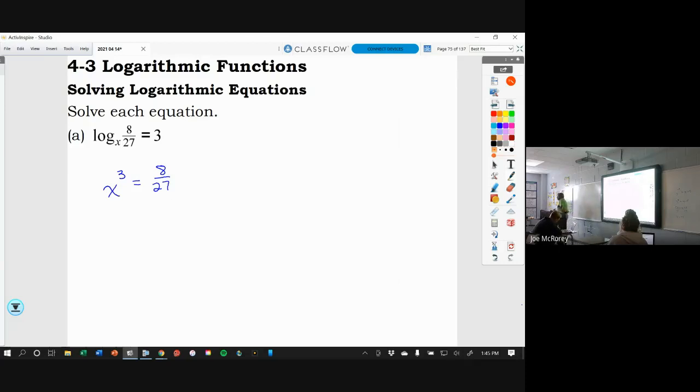How do I undo a cube? You take the cube root. I will take the cube root of both sides. The cube root of x cubed